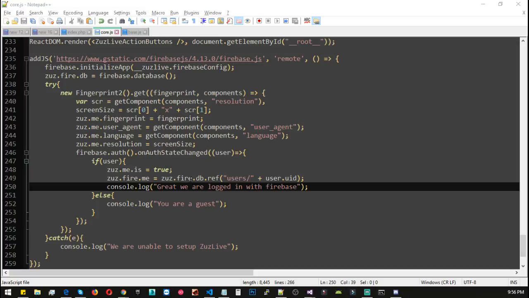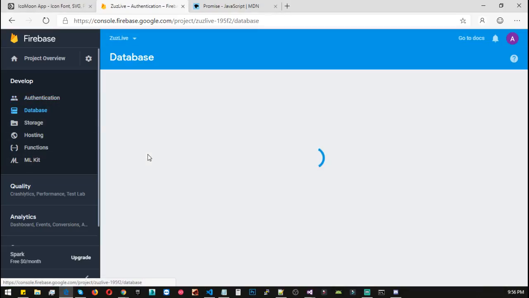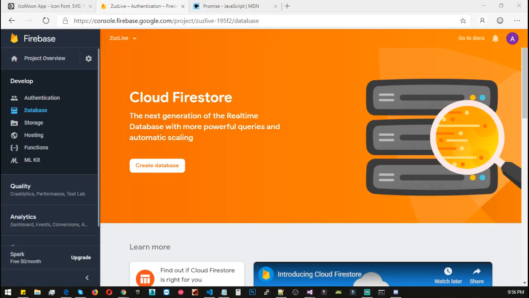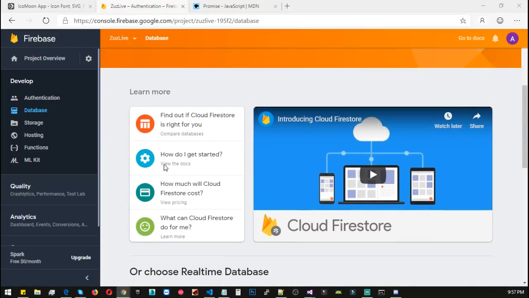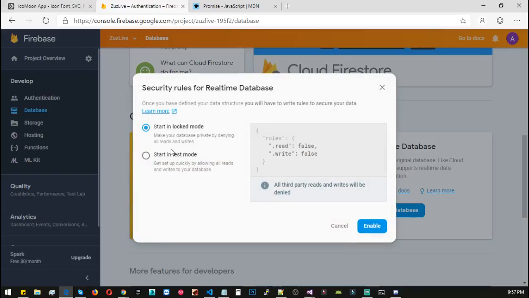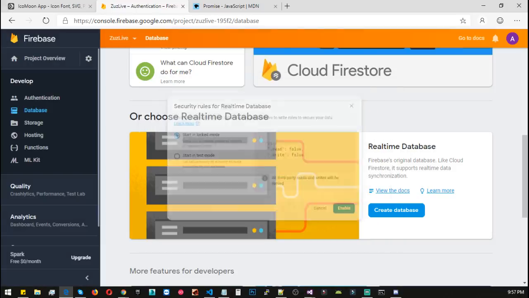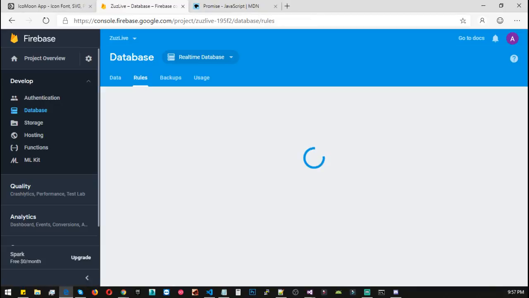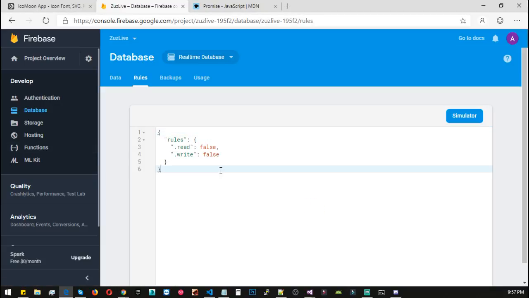And for users table, if we quickly go to database, and inside the database, here we are. Okay, I'm here, and inside the database we need to add. Okay, I need to create the database, and instead of Firestore I should, let's use real-time database. Click start in lock mode, click enable, and inside the database go to rules, and inside the rules we will change the rules,